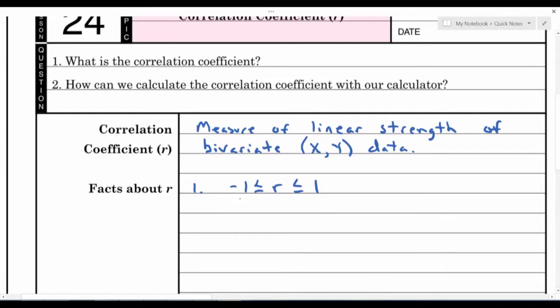You would have an R of -1 if you had points that were in a straight line with a negative slope. You would have an R of +1 if you had points that were in a straight line that had positive slope. R somewhere in between -1 and 1 would be